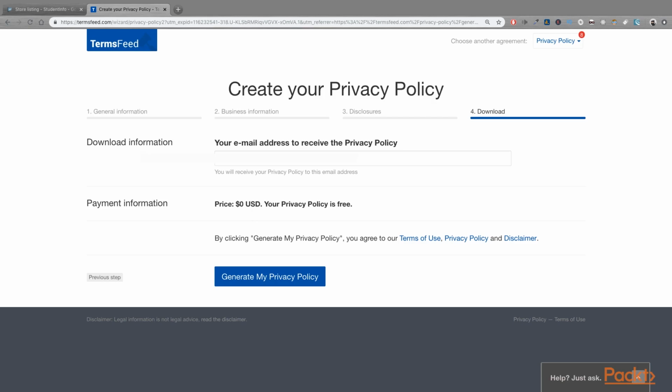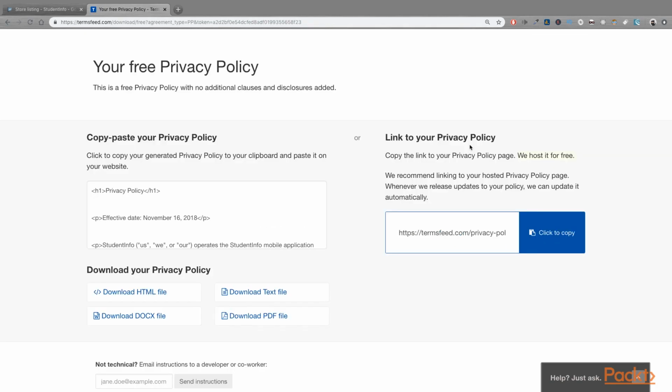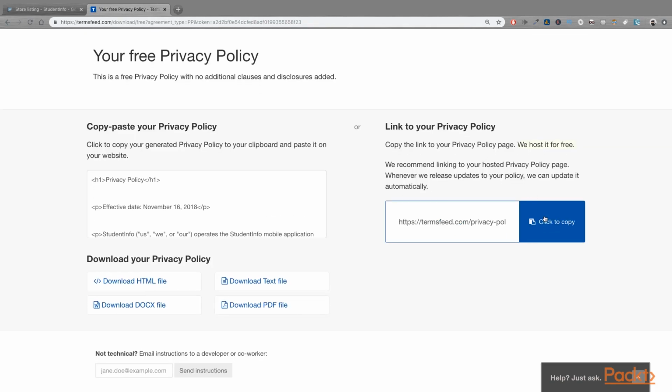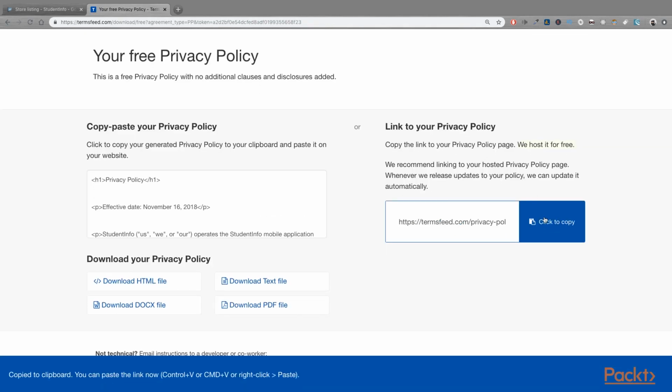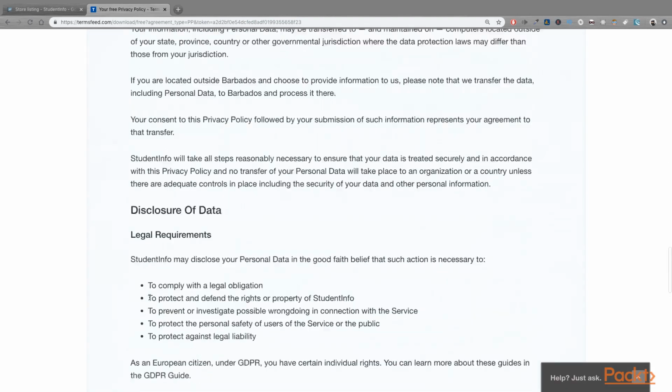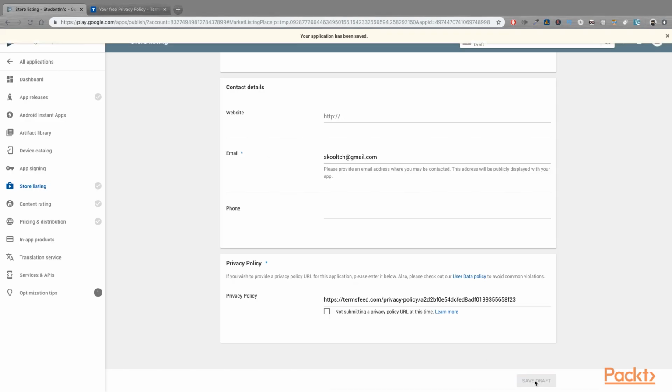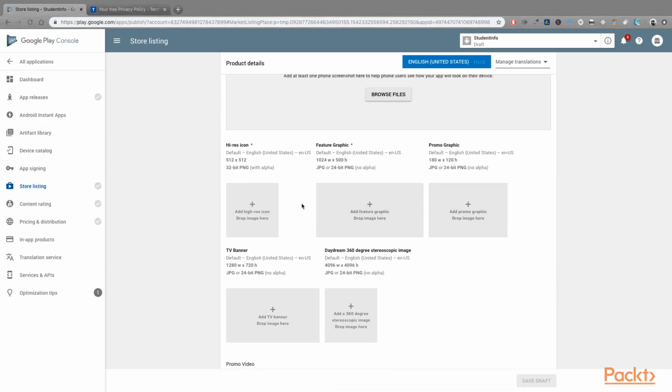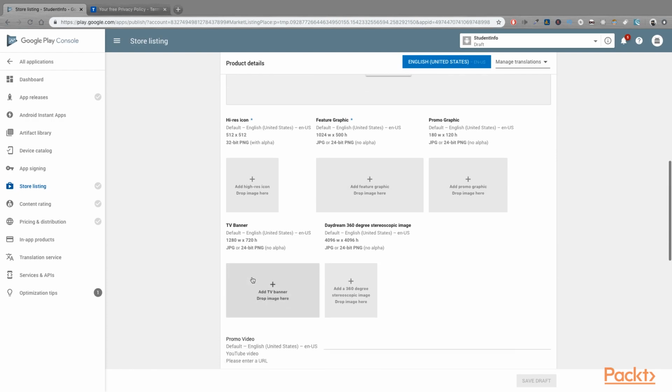Enter an email address so that you can receive the privacy policy and hit generate. Copy the link to your privacy policy and then add this to the privacy policy section of store listings. You get to this page after you create your app in the Play console. If you scroll up, you can see that there are a few graphics that need to be uploaded before we can add our app. We need a high-res icon, a feature graphic, promo graphic, TV banner, and don't worry about